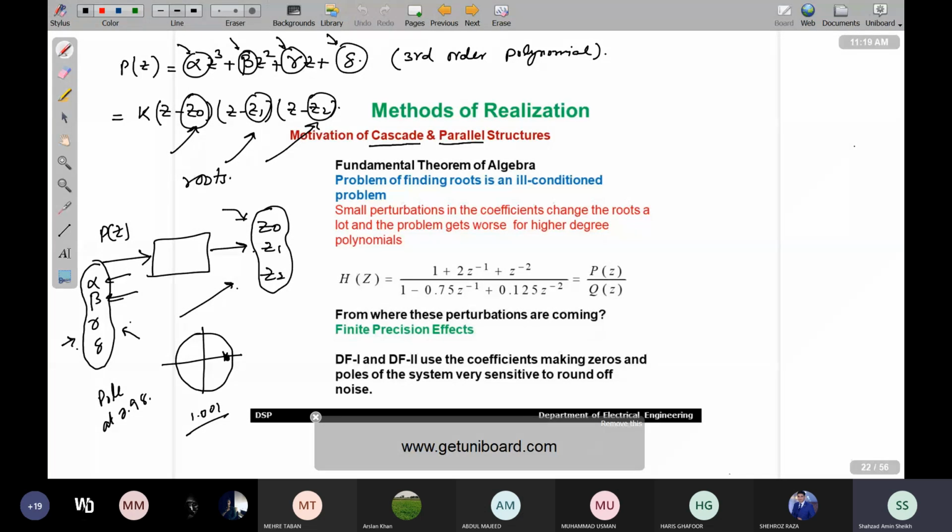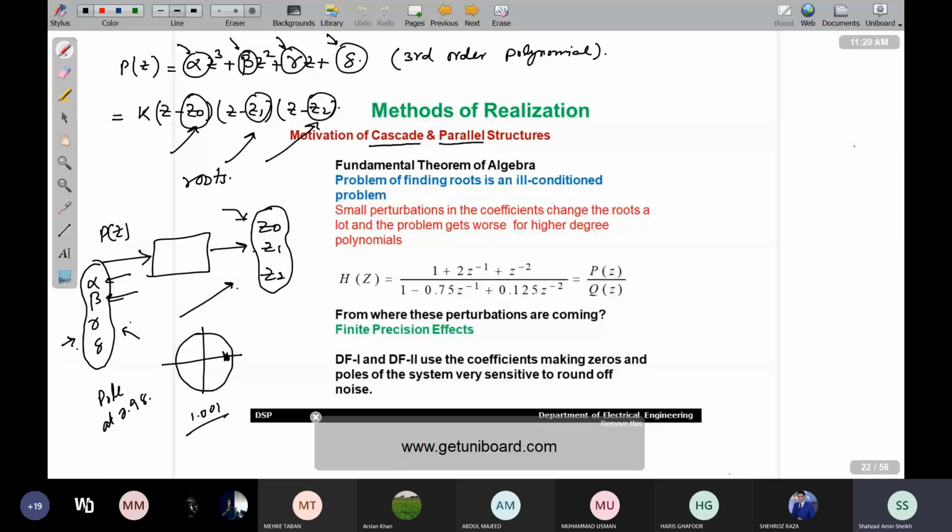Now moving towards the cascade and parallel structures, the motivation is that these 1, 2, 1 और नीचे जो आपका डिनोमिनेटर है 1 माइनस 0.75 और प्लस 0.125, ऑफ कोर्स ये कुछ लोकेशंस के साथ एसोसिएटेड हैं। अगर न्यूमरेटर है तो इसके रूट्स जो हैं वो जीरो लोकेशंस हैं, और जो डिनोमिनेटर है तो इसके रूट्स जो हैं वो पोल्स की लोकेशंस हैं।